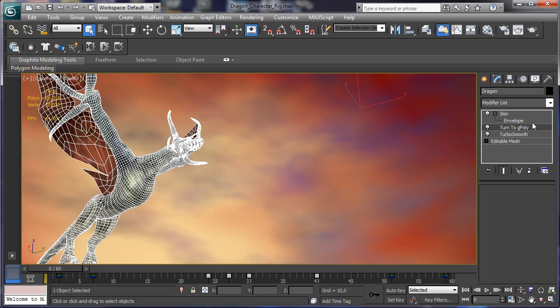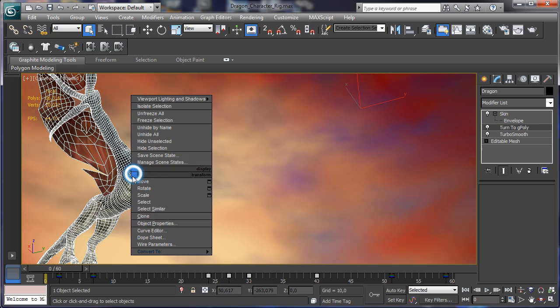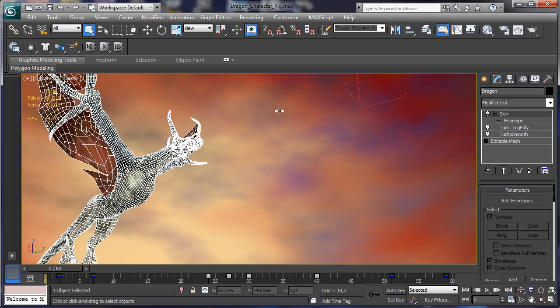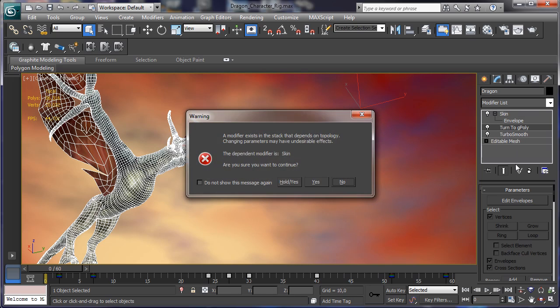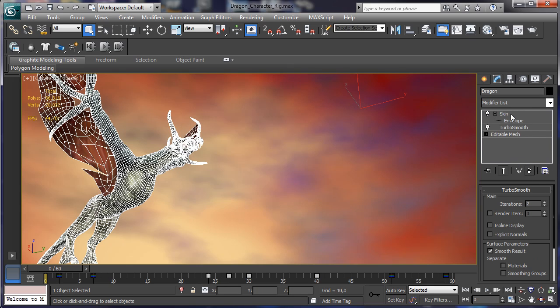So it was just a really fast introduction to G-Poly technology. You see, it's really simple to use. Obviously, you can also convert a mesh to G-Poly directly. For example, if I click the right mouse button, Convert To, and I select G-Poly, it is in this way because I still have the G-Poly there.